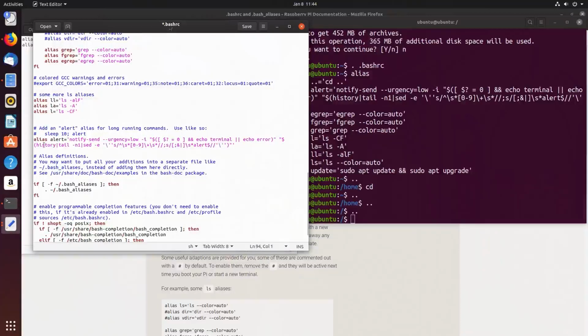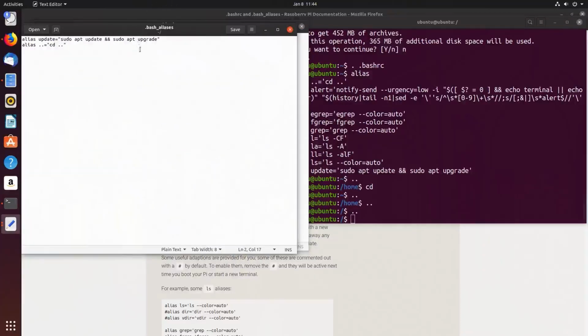However, the main advantage of opening up a separate file and saving your bash aliases there is that you can simply take this file with you, particularly if you are a bit of a distro hopper like myself, and plonk this into whichever distro you like, and all your aliases will be there,